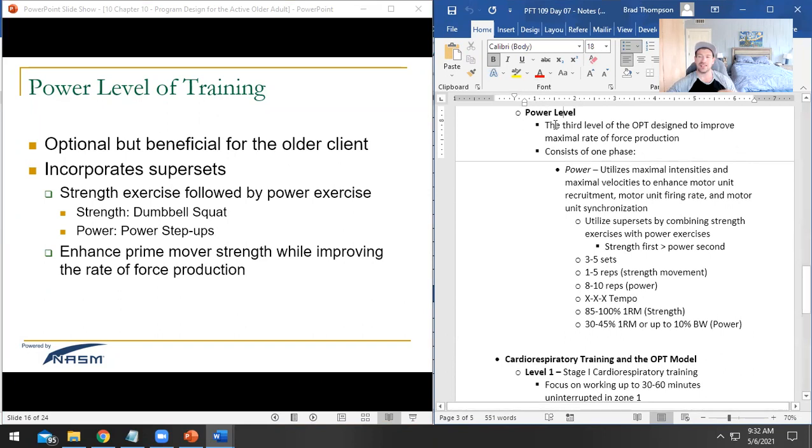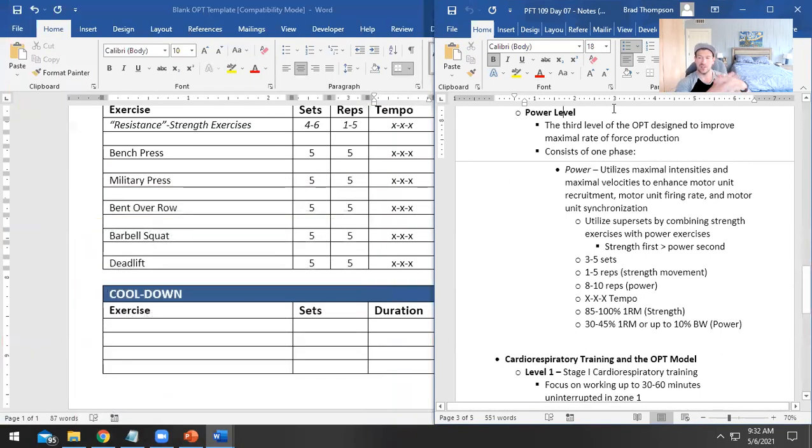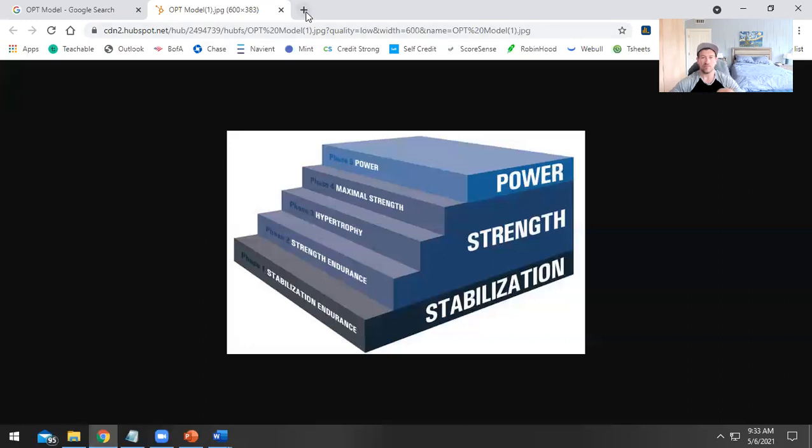This level is going to choose explosive versions of exercises, but the phase is going to determine that we are actually going to do superset techniques here, very similarly to how we did in strength endurance. You might remember from strength endurance, we did a strength exercise paired with a stabilization exercise. Well, in the power level, you're going to do the same thing. You're going to pair a strength exercise with a power exercise. And the reason for that is